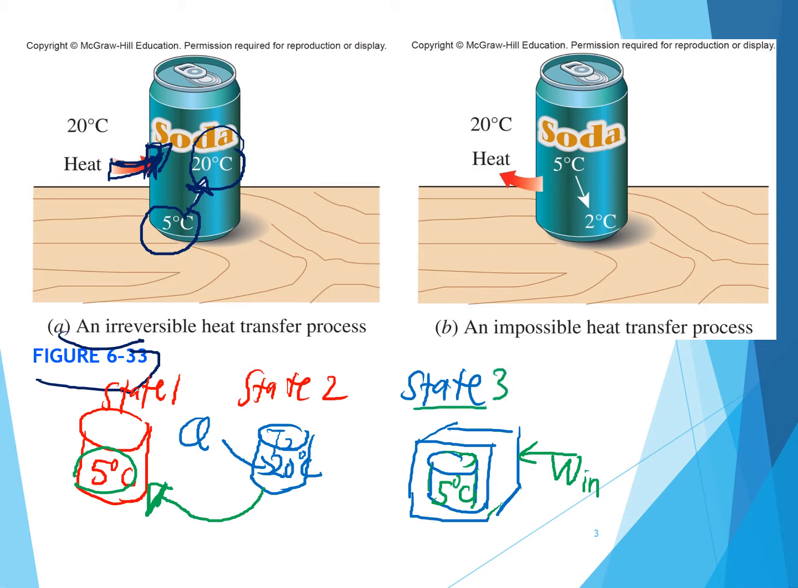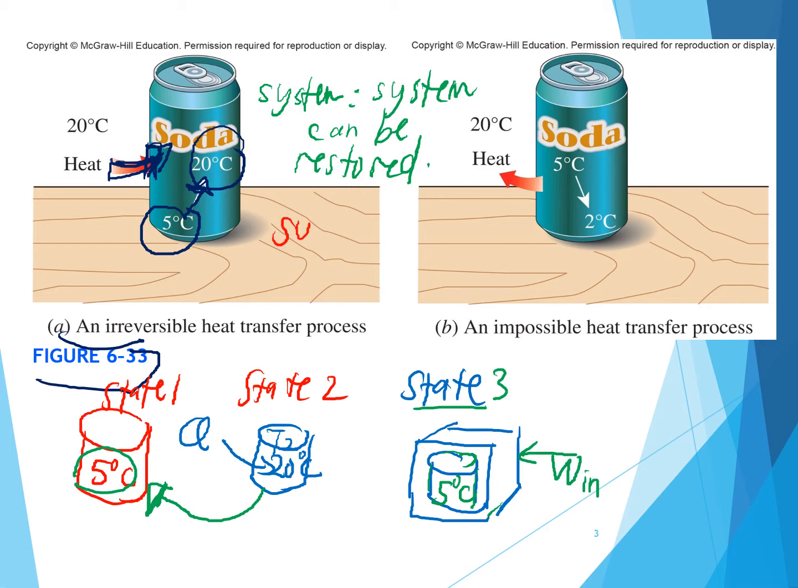Okay, so you can see that the temperature of soda can be restored, meaning that the system can be restored to its original state. But how about the surrounding? We know that a reversible process can occur if there is no change in the system and the surrounding, right? Alright, if we